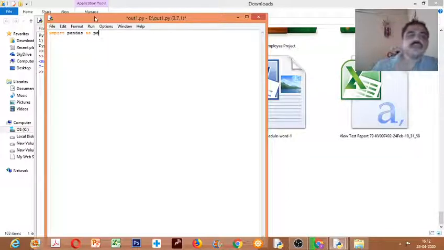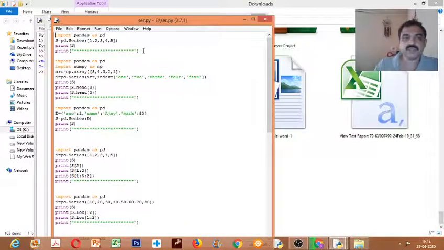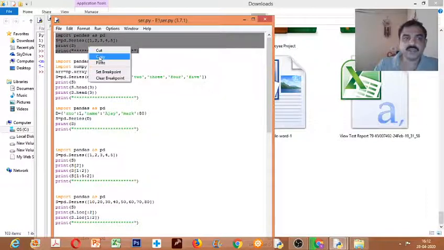So after installation of pandas, we wrote import pandas as pd. pd is the common term we use. It need not always be pd. You can use any variable. Then you can follow the commands. Now let us see some basic commands: how to create a data series and how to create a data frame. I have written a few things. I'll just explain it to you one by one.